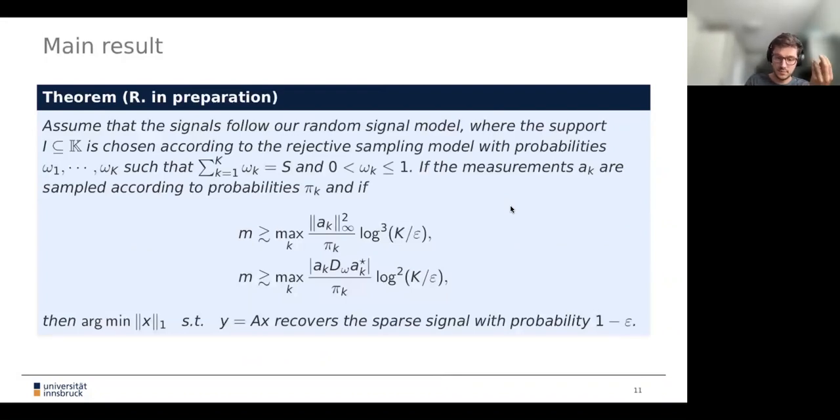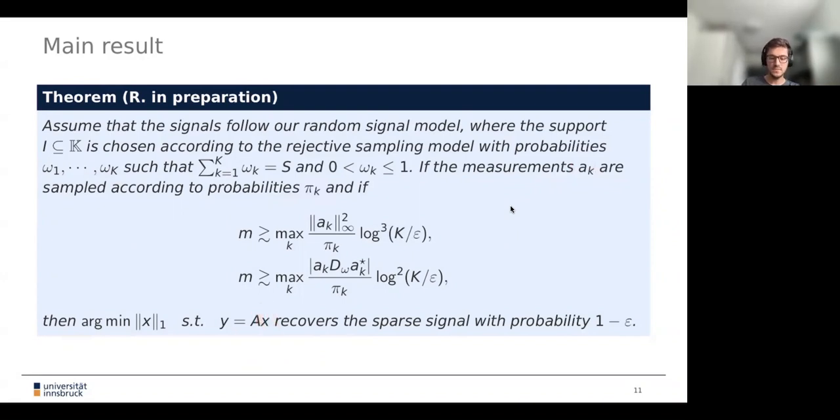And now with all of this work, I'm finally able to state my main result, which is currently in preparation, but should be out hopefully very soon. So if we assume that we are given signals that follow our signal model, which we just saw, with weights omega 1 to omega k, and if we assume that our measurements are sampled according to probabilities pi k, we are not specifying them yet. We just say, if our measurements a_k are sampled according to some pi k, then the sufficient condition that we recover our